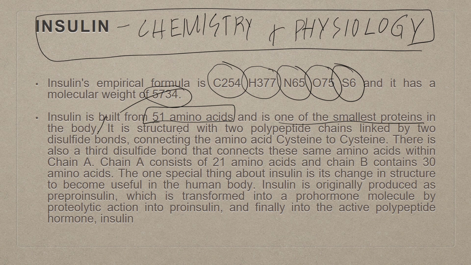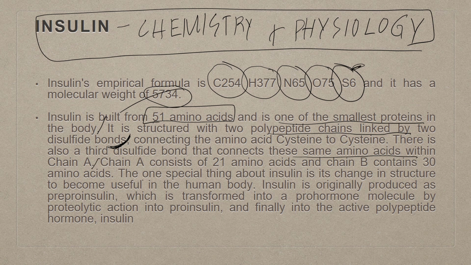It is structured, and while we are talking about the smallest protein in the body, mind it was Collip who helped us to understand how to isolate insulin from a mixture of pancreatic secretion. It is structured with 2 polypeptide chains linked by 2 disulfide bonds. These disulfide bonds are these sulfurs which take part in it, connecting the amino acid cysteine to cysteine. There is also a third disulfide bond that connects those same amino acids